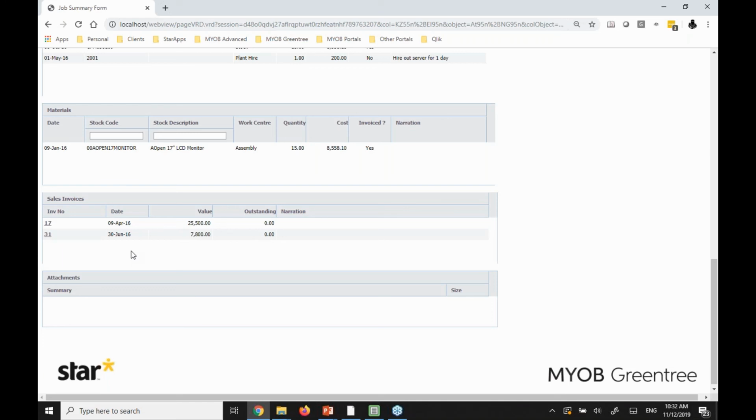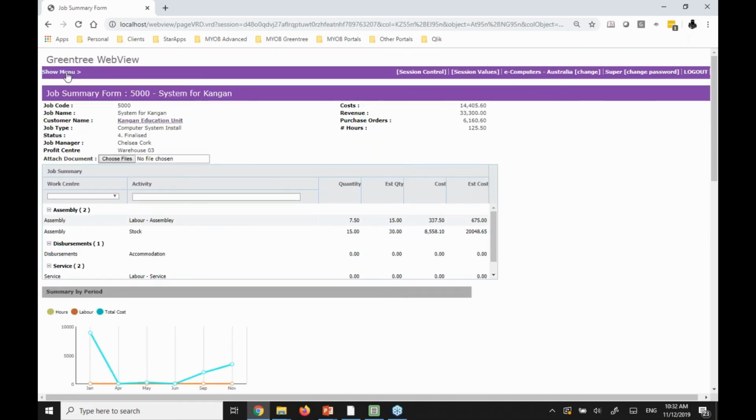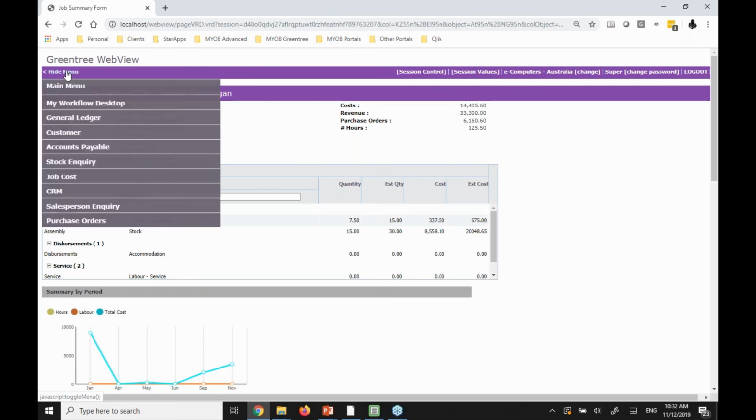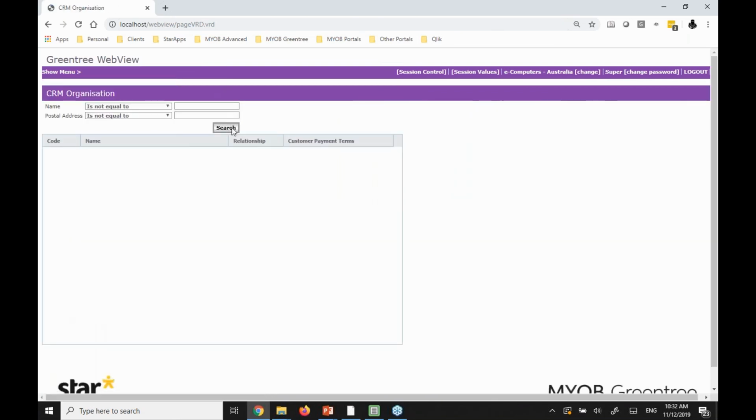Can you drill down to an organization from the customer? You sure can. You can drill down from any direction you'd like. It's just about how you set up the WebView form. So I've currently got it the other way around, just in my demonstration system, but you could go either way. So if I was to come into an organization inquiry,